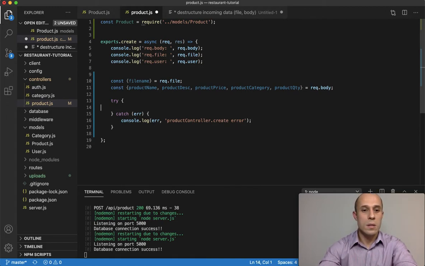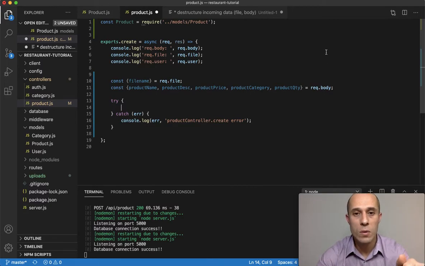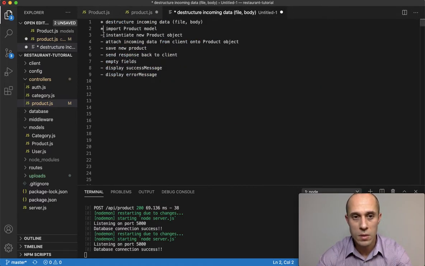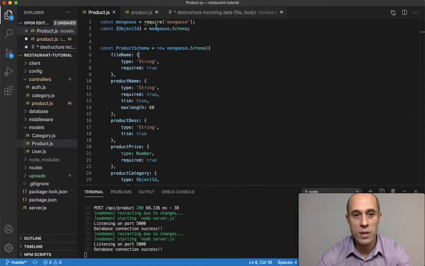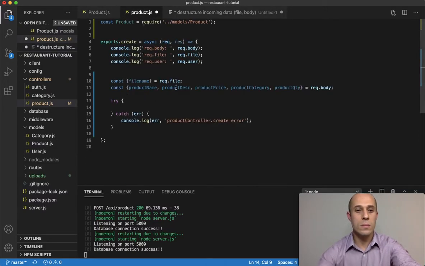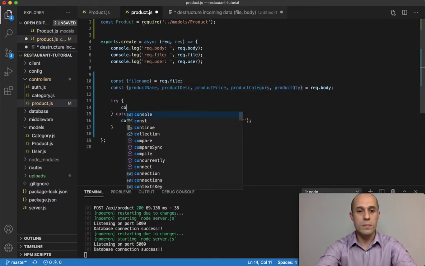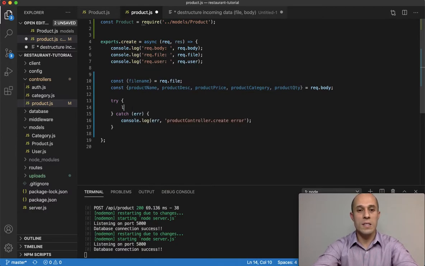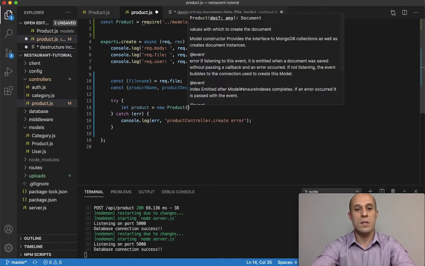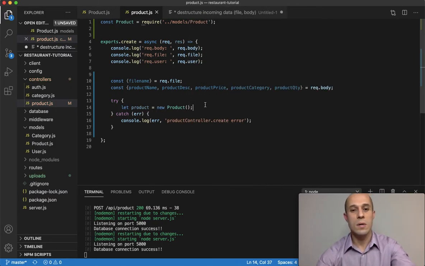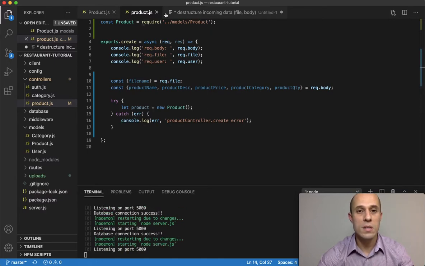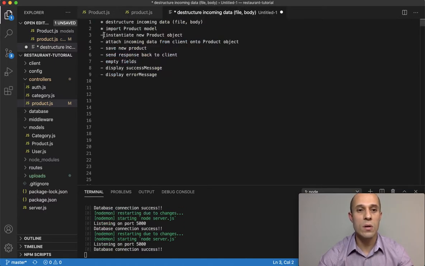All right, and then here inside the try block, I want to instantiate a new product, right? So I'm gonna do let product equals new Product, just like that. All right, save that, go back here to notes, so we instantiated a new product, and the next thing we